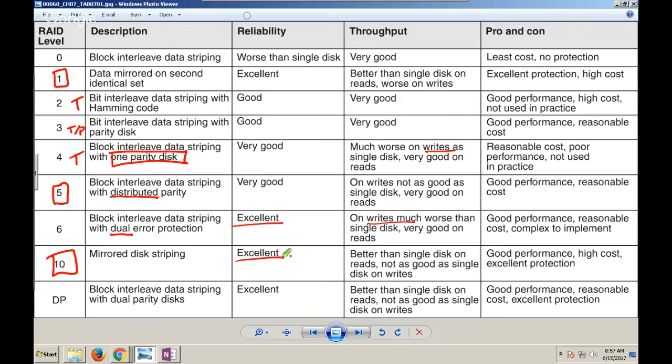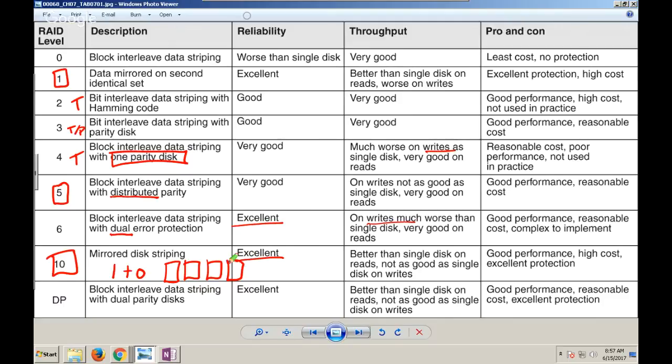If we were to take a set, that's why it's RAID 10. Sometimes it's easier to think of it as RAID 1 plus 0. I mirror 2 drives, and then I stripe that data across. So we're going to mirror and stripe at the same time. I'll make mirrored copies, but then I might stripe those mirrored sets. We're going to need a minimum of 4 drives for something like this. That's the minimum for RAID 10.